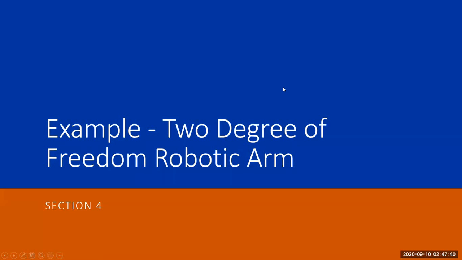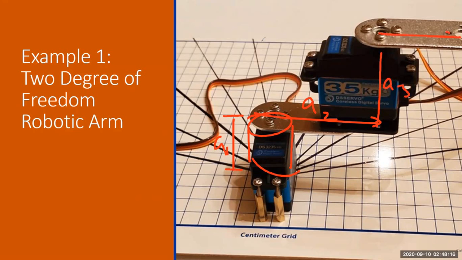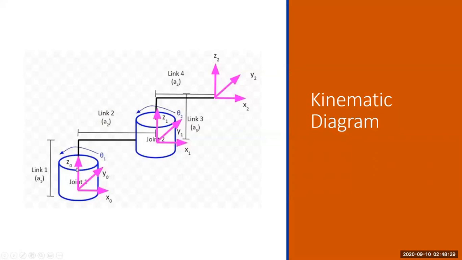So with this information, we can look into the 2 degree of freedom robot arm. So this one, actually, you have a rotational joint over here, and there is a displacement of A over here, and there is another displacement A over here, so A1, A2, and then here you have A3, and you have an arm, and then that's A4, and then basically you have 2 rotational joints over there. So the model can be written down like this, okay? You have A1 as displacement, A2 displacement, A3 displacement, A4 displacement, and totally you have 3 different frames